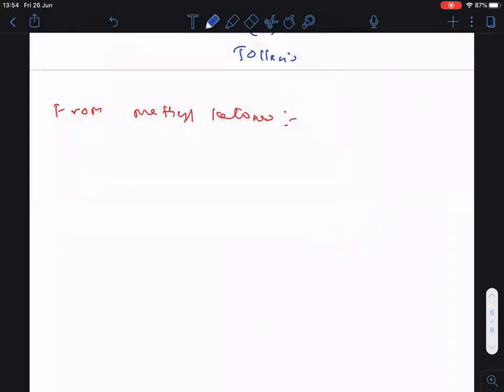Clear? So now tell me, methyl ketone, RCOCH3, methyl ketone. Clear? So when a methyl ketone undergoes reaction with halogen in the presence of a base,